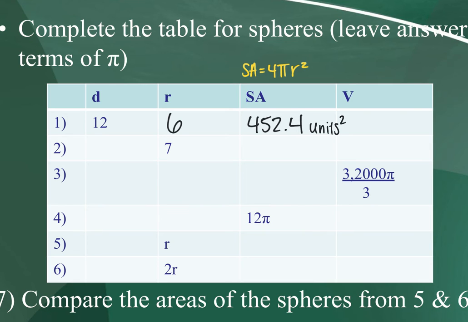Okay. Now for volume. Please write the volume formula at the top. Your volume is going to be 4 over 3 pi r cubed, okay? Where your radius is 6. So this one's very important that you figure out the way that you want to plug it into